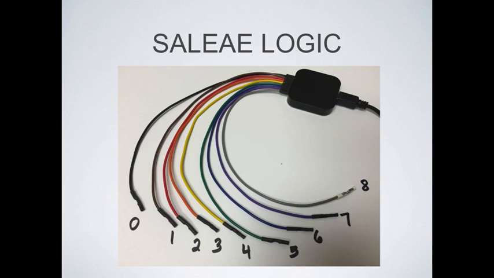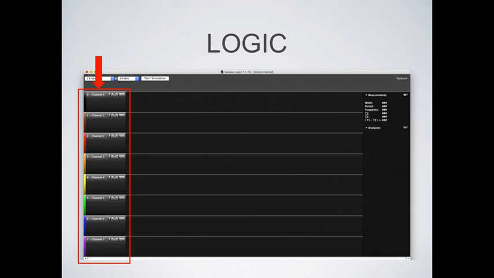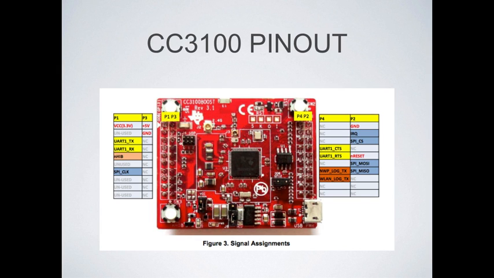And the black line here is actually a data line. You can hook it up to any pin you want. And that correlates to the channel numbers that are inside of the SALEAE logic application. So you have channel 0, 1, 2, 3, 4. And if you get confused, you can say, well, the color coding is there. So where are we gonna attach these probes to? Well, we gotta look at the